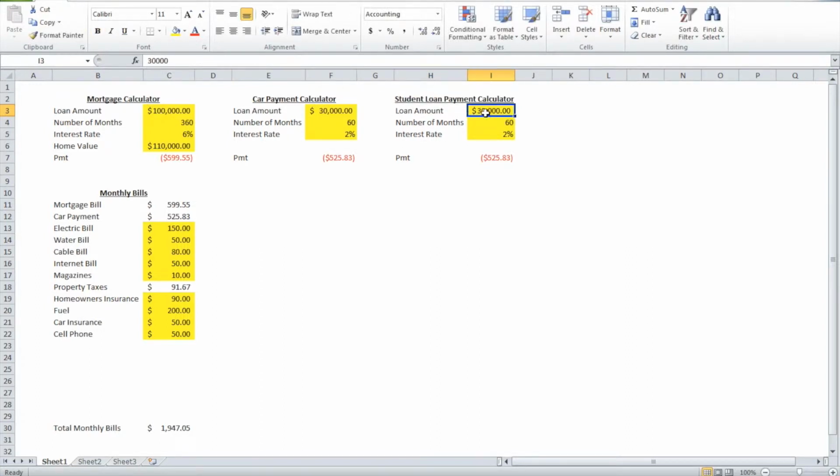Alright, for loan amount, let's put in $80,000, and let's leave 5 years, and we'll leave the 2%, and we'll notice this higher returned payment. So let's come over under the monthly bills, and let's type student loan